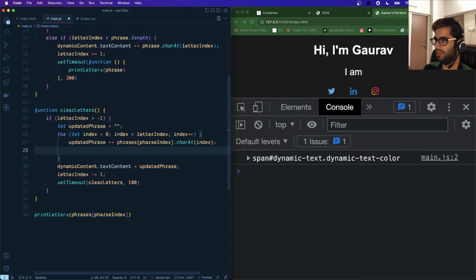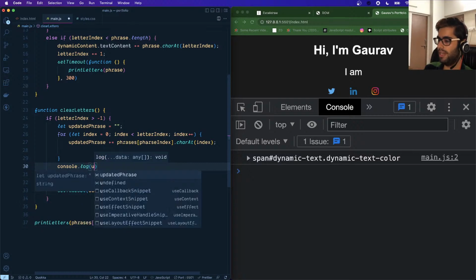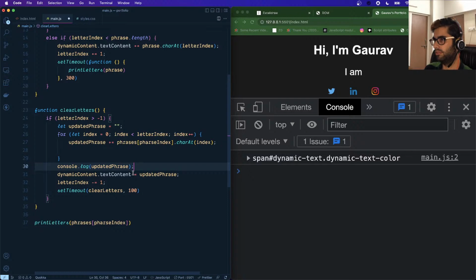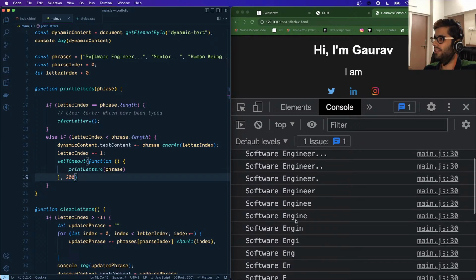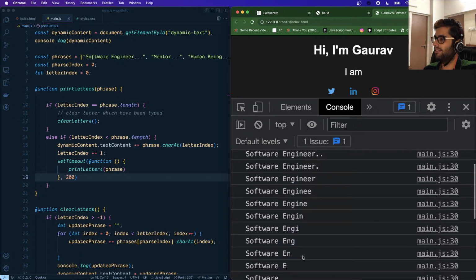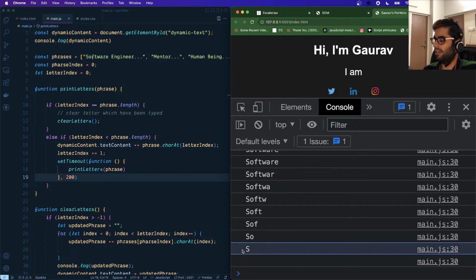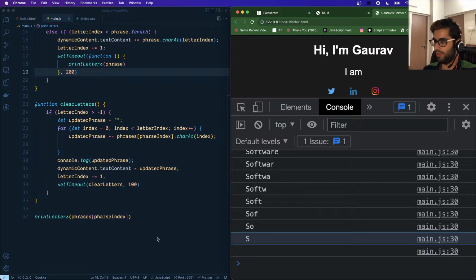Okay, let me just log this, console.log updatedPhrase. Let me log this for you guys so that you understand what is going on, and let me increase this speed as well. Let's make it 200. Okay, so it has printed all of the characters. Then we are calling clearLetters, and you can see that initially it is software engineer with 3 dots, then just 2 dots, then 1 dot. Then one by one the last character is being removed till we have reached the end, till we have cleared all of the